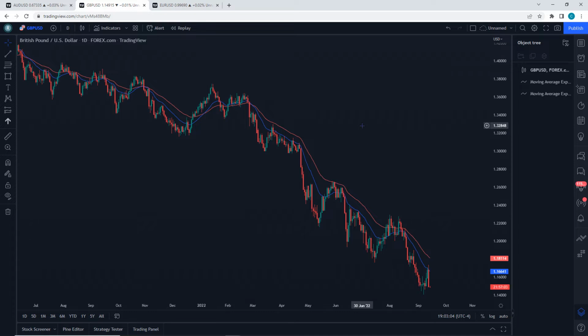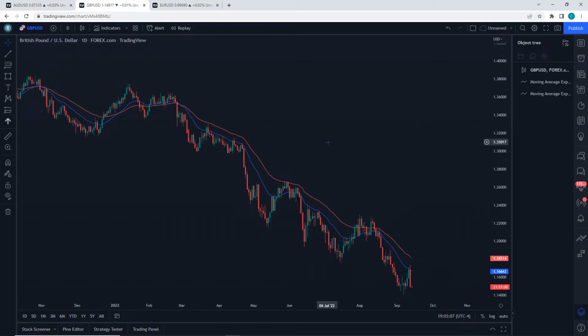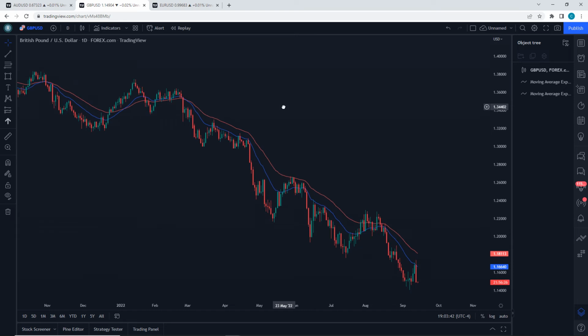And it's just simple: in a downtrend, you want the lower one below the higher one. So in this example, the 20 is below the 40, and vice versa. In an uptrend, you want it the opposite. You want the 20 above the 40. And so it is basically acting, in this example, as we see it downtrending, as this dynamic moving resistance, pushing price down. And it's just a classic, very clear way to tell which way you should be viewing